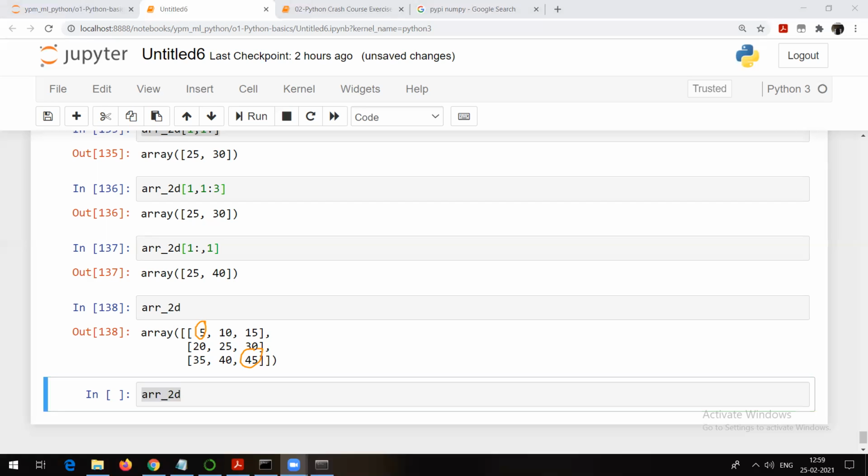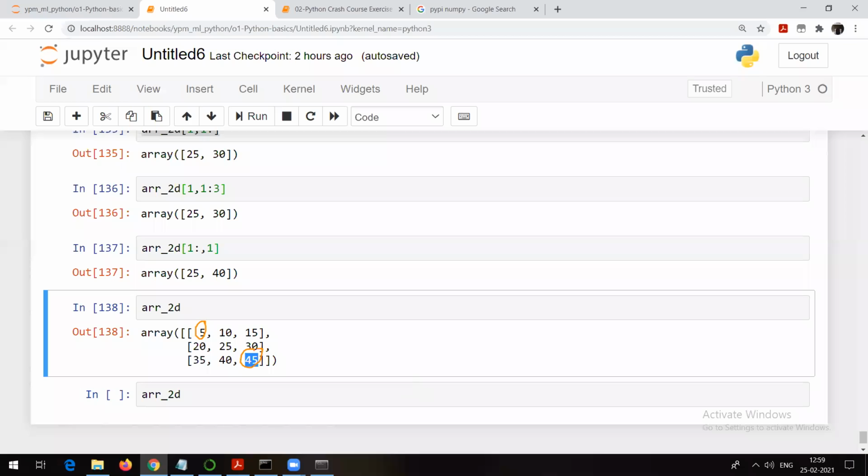Yes, guys, anyone? Because till this point, you people were able to answer. Because I was asking you a question for the numbers which were adjacent to each other. Now I am asking you a question for the numbers which are not adjacent to each other. 5 and 45, they are not adjacent. And let me tell you why I am asking you these kind of questions. Because in applications like image detection, object detection in images, this thing is going to be very, very important. Suppose I want to create a project where if I pass an image to that particular project, my project is able to tell me whether a person has worn a mask or not, whether the person has worn a helmet or not. Right? So this indexing kind of a thing is definitely going to be very, very useful.